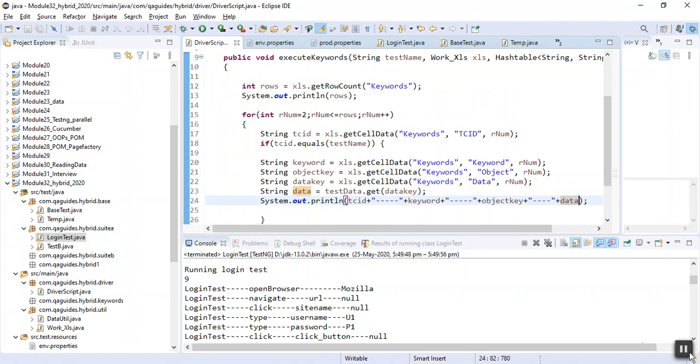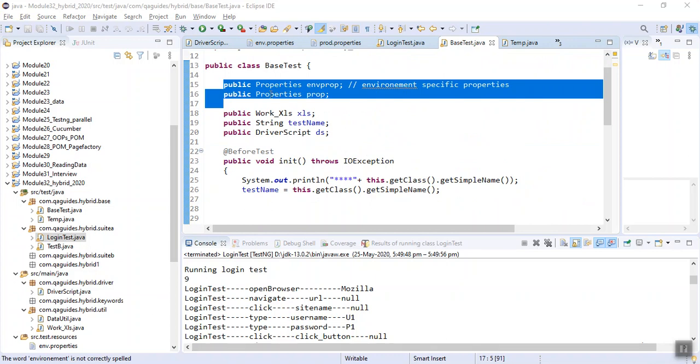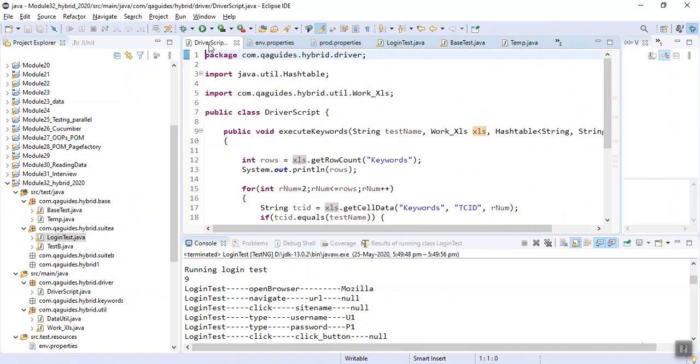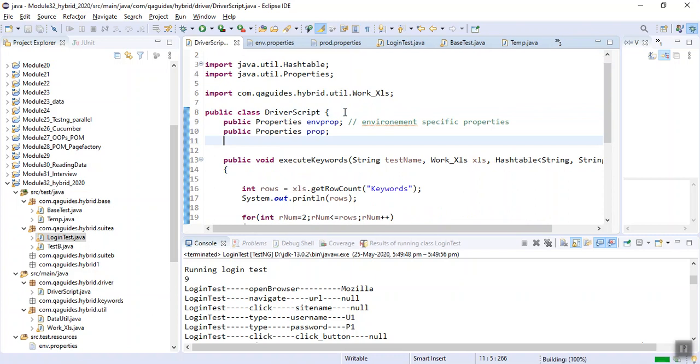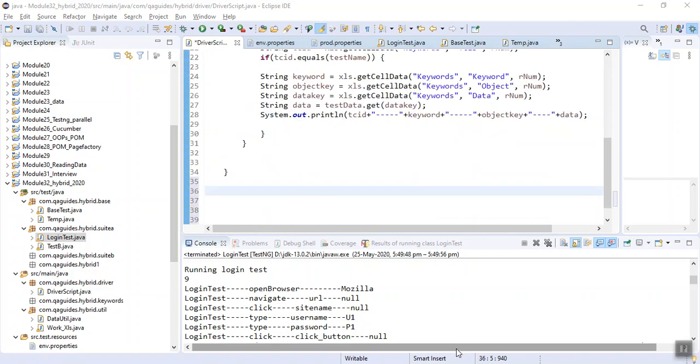So how to do it? Let's work on it. Now in my driver script, I need to pass these property objects. I will make two variables as made in base. And let us initialize both of them as same as we did in the test case. Why? Because the test case is calling the driver script. Getting the things? So let's make some functions like getter and setter functions in Java.